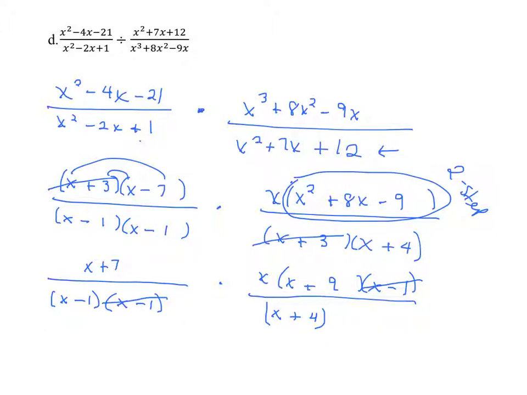So now let's write this final answer that is a lot. It's x plus 7. Stick that x from here in front. X plus 9. X minus 1. X plus 4. And again, just leave it as is. Don't multiply it out. Now you can do this lesson associated with multiplying and dividing rational expressions. Good luck. Ask lots of questions, and I'm telling you, your factoring skills are going to get so strong